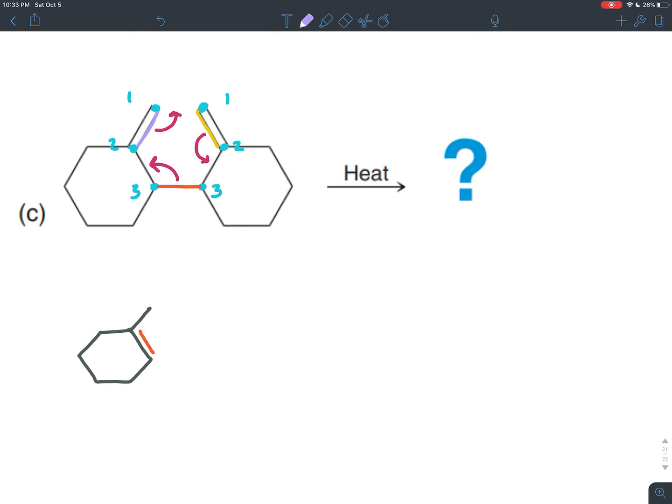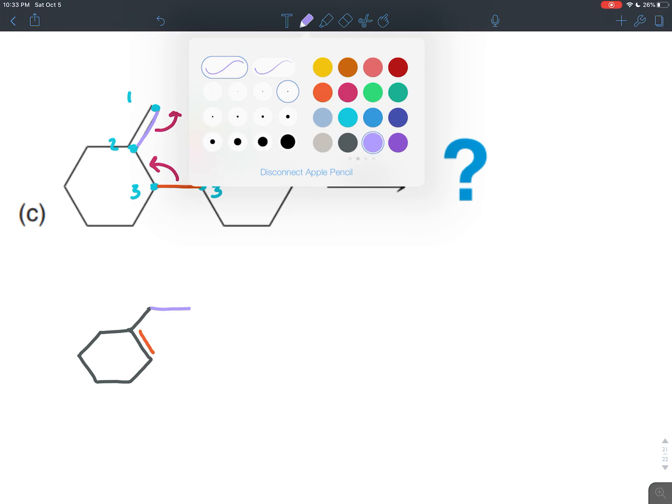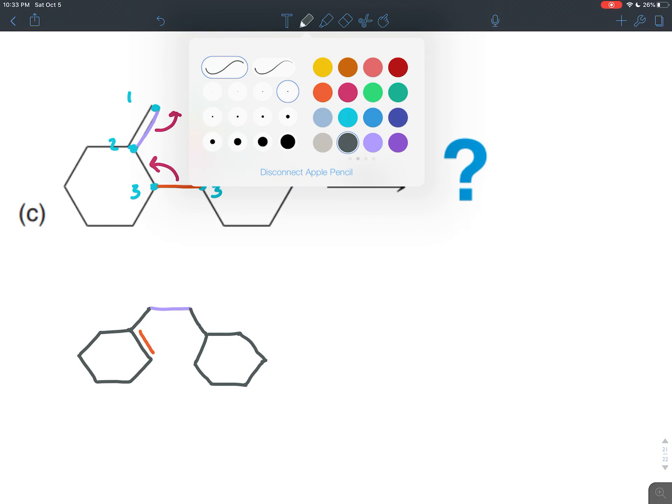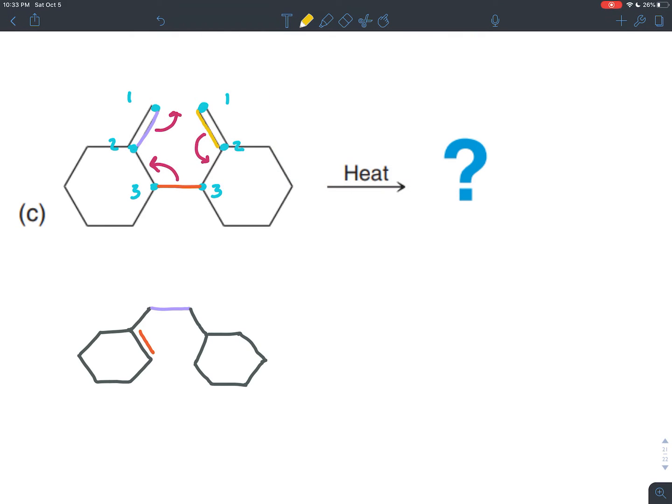The purple bond is going to go across. We'll still have that black bond going down, and then we have the ring. The yellow pi bond will go down here,